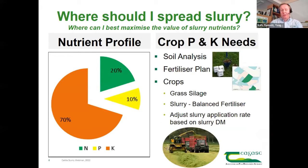The next question we should ask ourselves when spreading slurry is, where on the farm should this slurry be spread? And again, if we look at the nutrient profile for cattle slurry, 80% of the nutrients is actually in the P and K, 20% is in the nitrogen. So it's very important to have a plan as regards where the slurry is going to go based on soil analysis and target slurry to the low index fields. That is the place in the farm that will get full benefit from the N, P and K in that